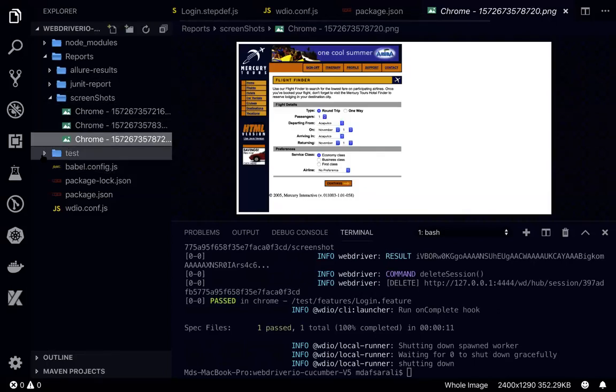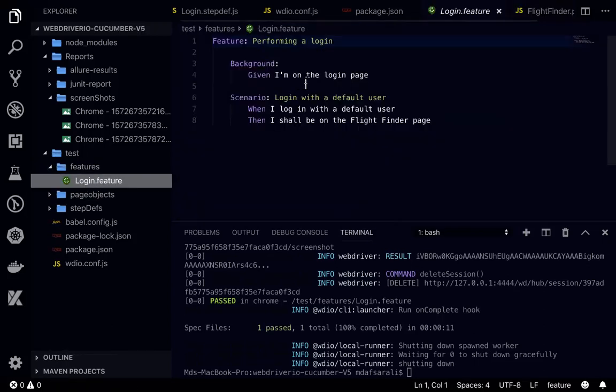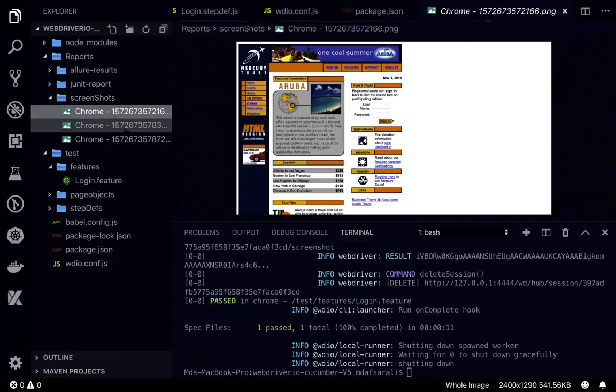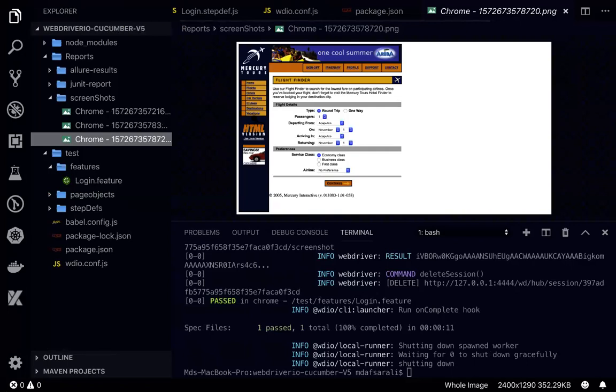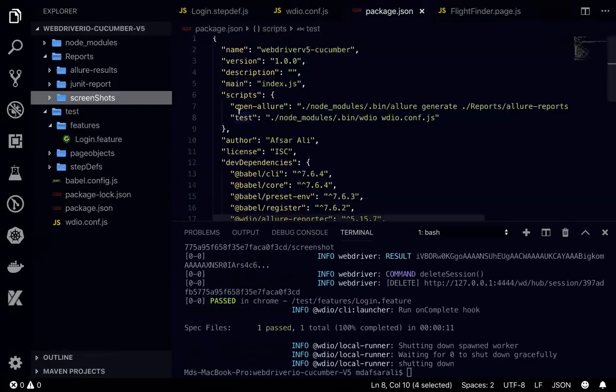In our feature file, we have 3 steps, given, when, then. For each step, an image is being generated, right? So that's cool. Now let's generate the HTML file